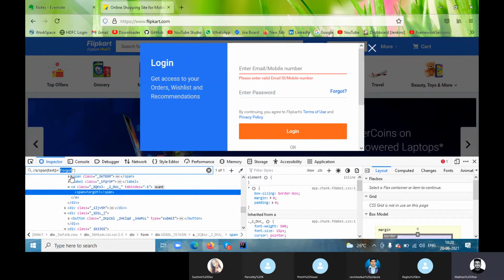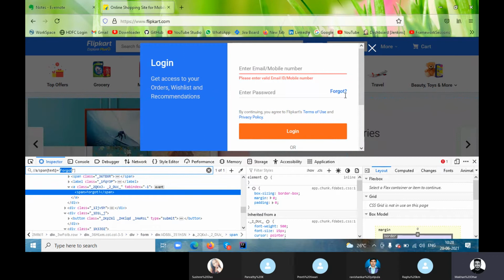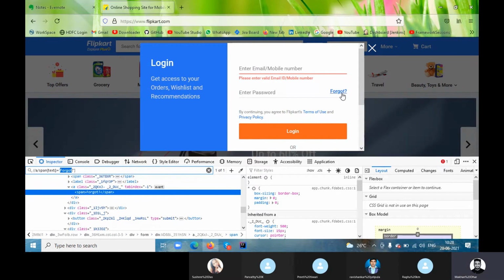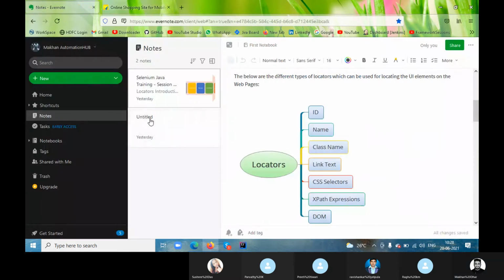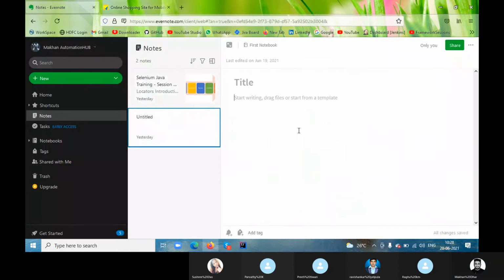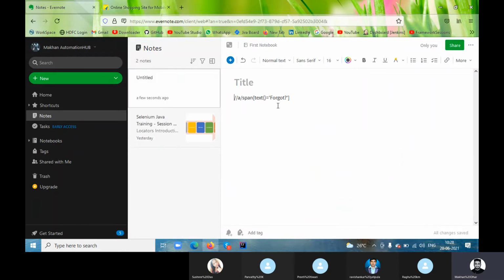So we are just using the text method. Okay, this is also one way to do. I'm just copying this one. I will paste it. Okay, so we have seen this by using text.